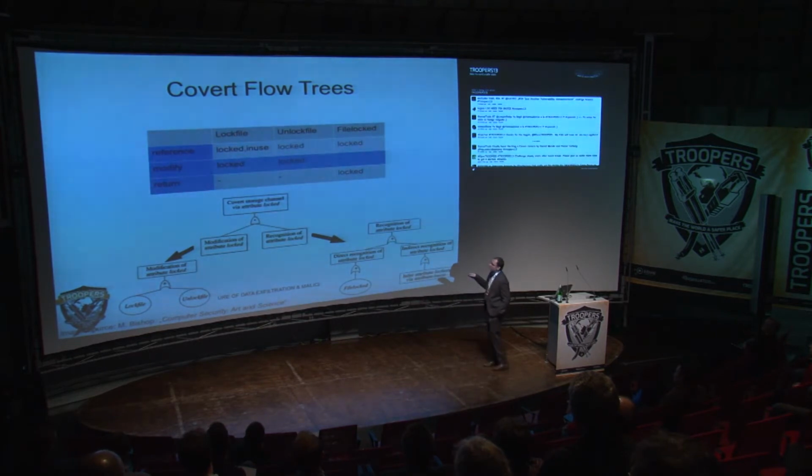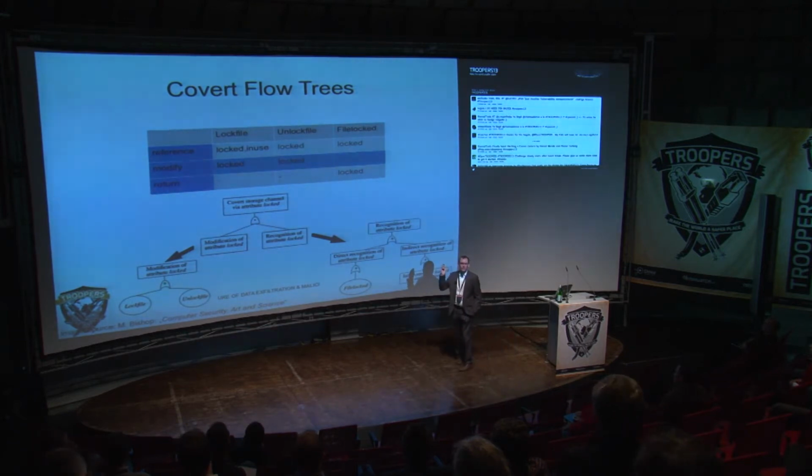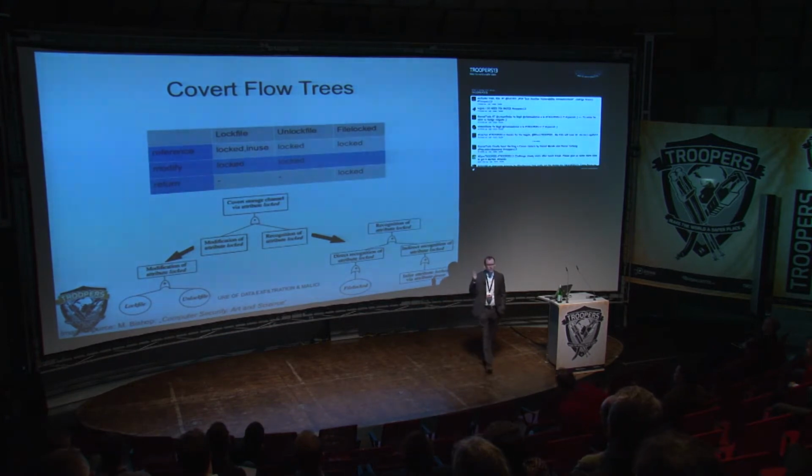So you select an attribute, for instance logged, and you have to modify it, you have to recognize the modification, and you build a tree with the possible ways of communication using the functions. This is just to give you an overview. Actually, the approach is a little bit more complicated, but I just want to give you an idea.